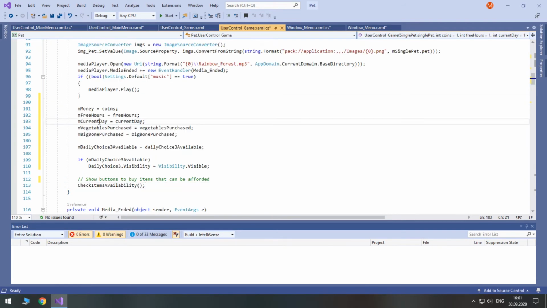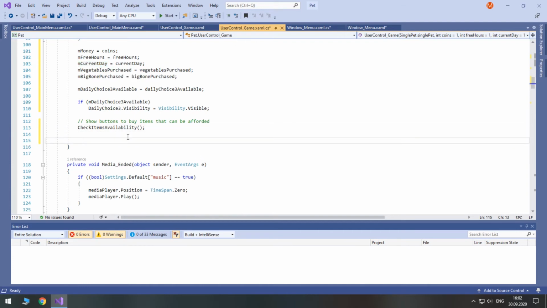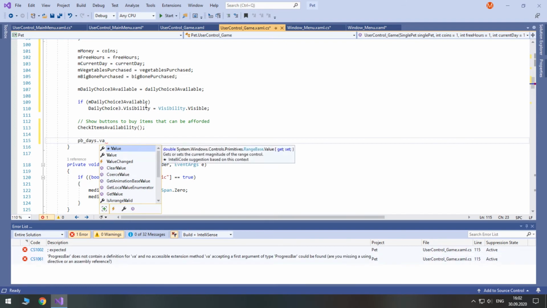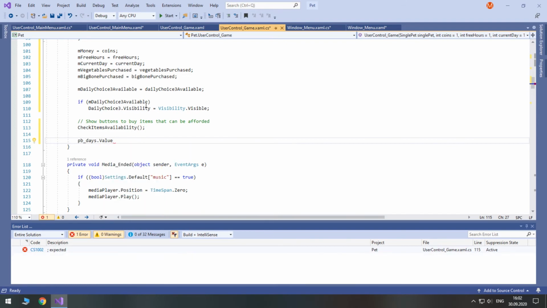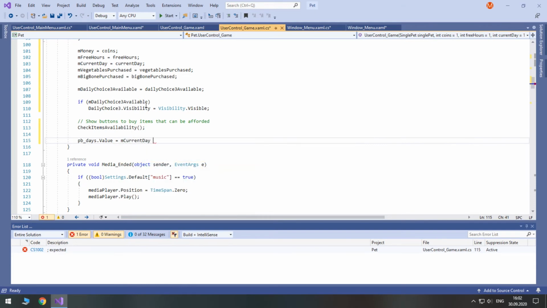Because we also take the current day, if it's not the first one, we need to change the progress bar value. So the green bar should correspond to the number of current day. So access our progress bar called pb days. We need its value property, assign it to current day divided by single pet total days.